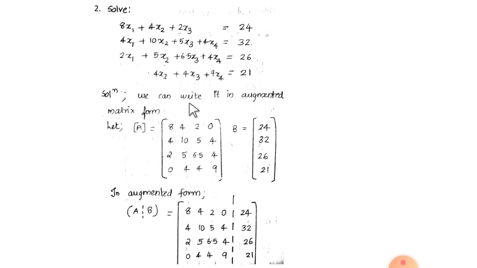Okay, so here we can write this system of equations in augmented matrix form. Let A matrix be this and B matrix be this. While combining and writing in augmented form, we will combine both A and B matrix and make it into a single matrix. Okay. Now we have to apply row transformation to make this matrix into diagonal matrix form. Okay. So we have to make changes while you are applying row transformation. You have to apply the changes in this matrix also. Okay, you have to make changes in this also.